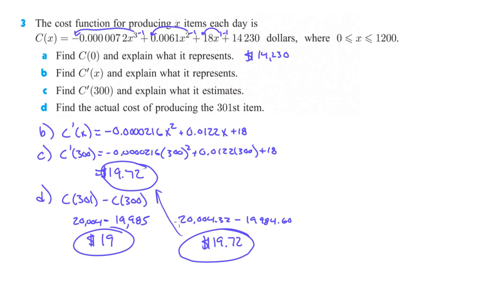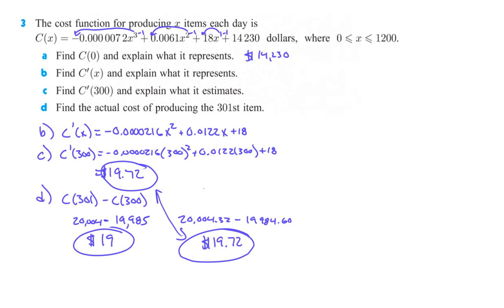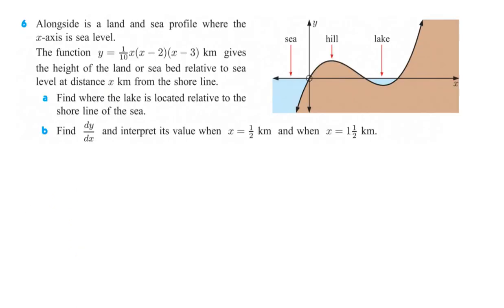So again, usually this table thing will work, and it did actually work. The problem is it's just rounded off, and we wanted to go all the way out to the nearest cent. So there's some other things that we could do to fix that, but now let's call that good. Okay. All right. Number 6,